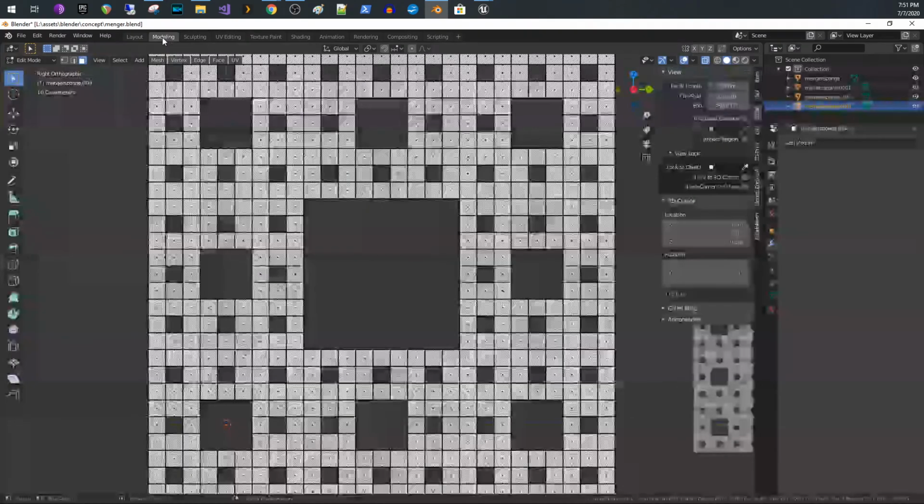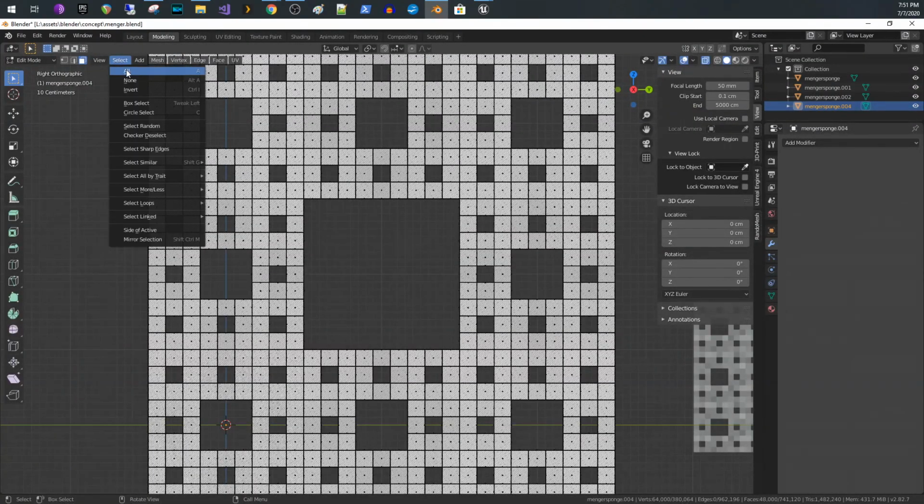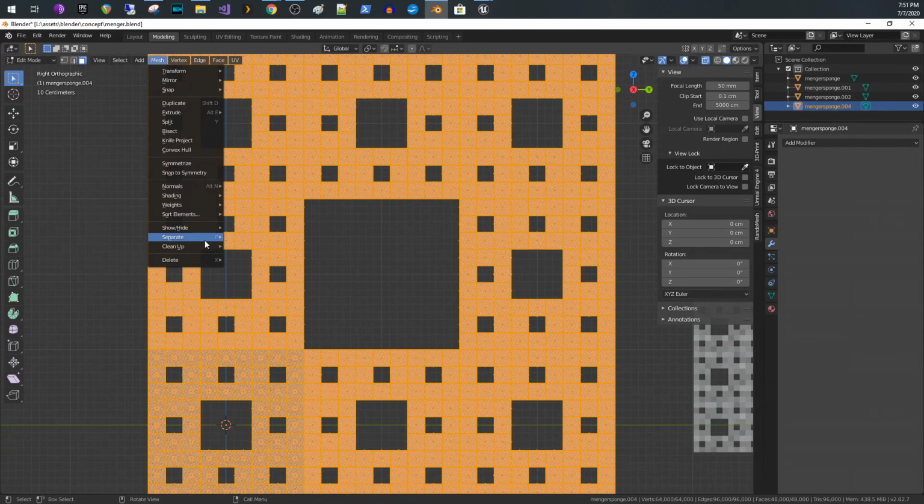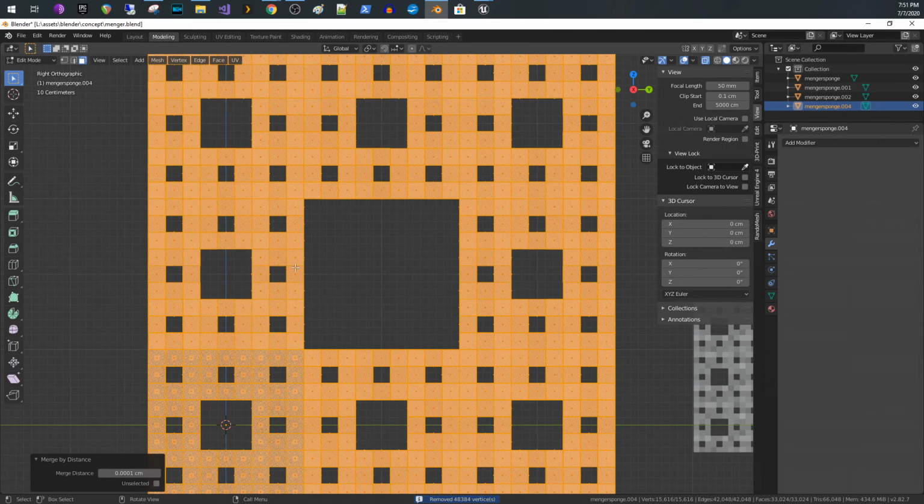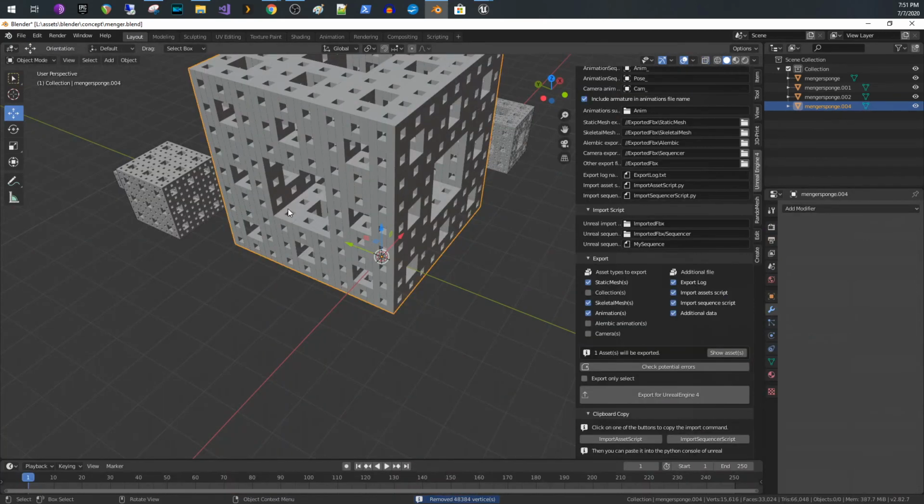One more thing I can do is go into modeling mode, select everything, go to mesh, clean up, merge by distance. So that deletes all of the duplicate overlapping vertices. Now that we have this cube, this Menger sponge, exactly what we want, we can export this out